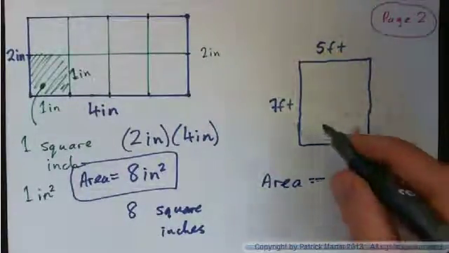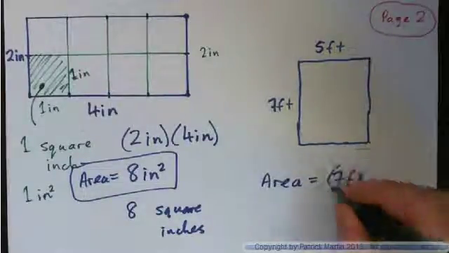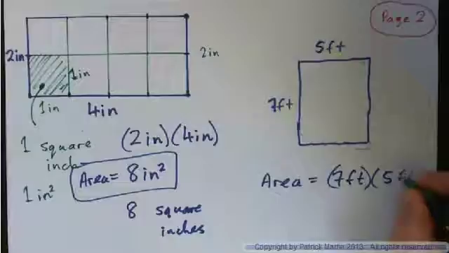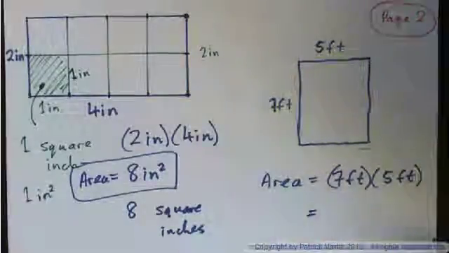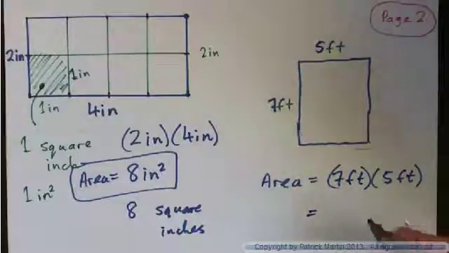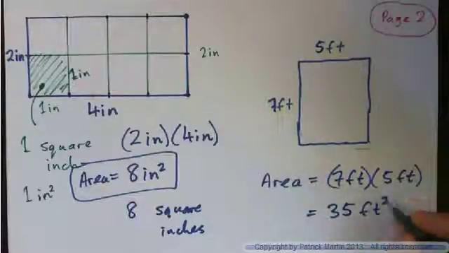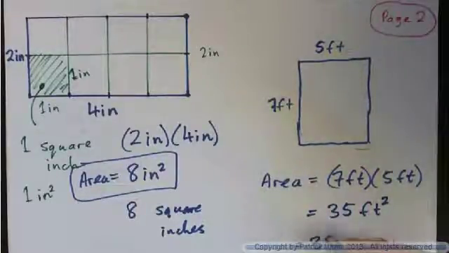Well, again, you just take the length and times it by the width. 7 feet times 5 feet, right? Length times width. And 7 times 5 is 35, and we have feet times feet, so that's FT with a little square in it, which of course is 35